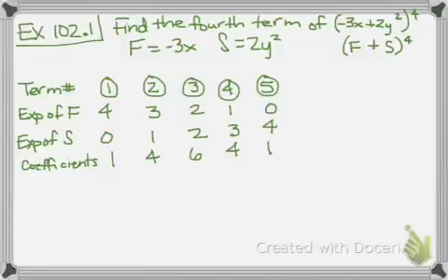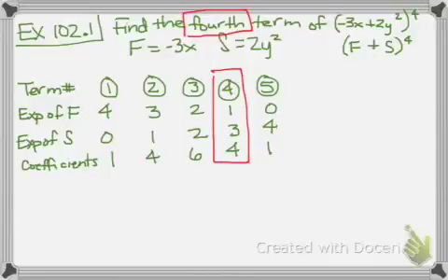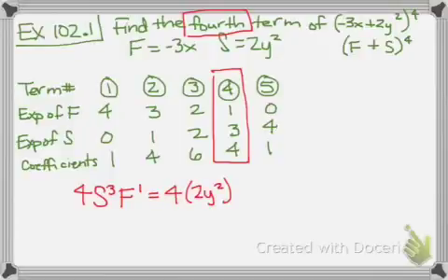So it says find the 4th term. So we're going to just concentrate on that column. And that column says that the exponent of f is 1, so it's raised to the 1st power, and s is raised to the 3rd power, and the coefficient is 4. So we have 4, s to the 3rd, f to the 1st power. So 4, and then we said that s was 2y squared, and we're going to raise that to the 3rd power, and then